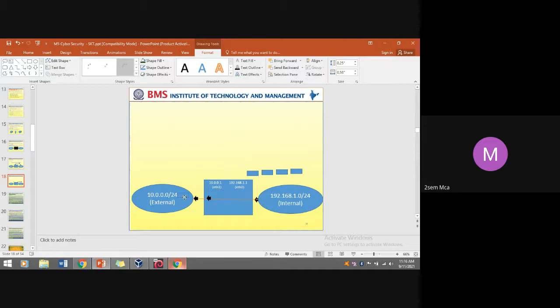If allowed, it passes them on to the other network. If not allowed, the packets are simply dropped. So it won't check the pattern or any relationship with a packet which is coming or has already gone with another packet. Okay, that is a stateless